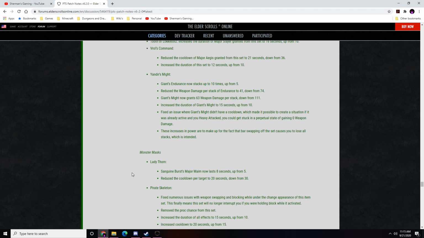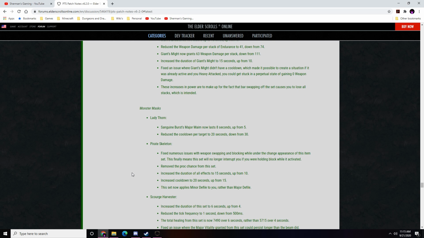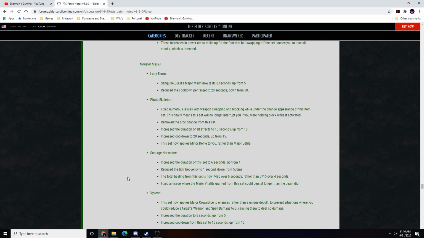Monster Mask, Lady Thorn, Sanguine Bursts: Mage or Maim now lasts 8 seconds, up from 5, and they reduced the cooldown to 20 seconds, down from 30. Pirate Skeleton: fixed an issue, removed the proc chance from the set, increased the duration to 15 seconds, up from 10, increased the cooldown to 20 seconds from 15, and this set now applies Minor Defile to you rather than Major Defile. Scourge Harvester: they increased the duration of the set to 6 seconds, up from 4, reduced the tick